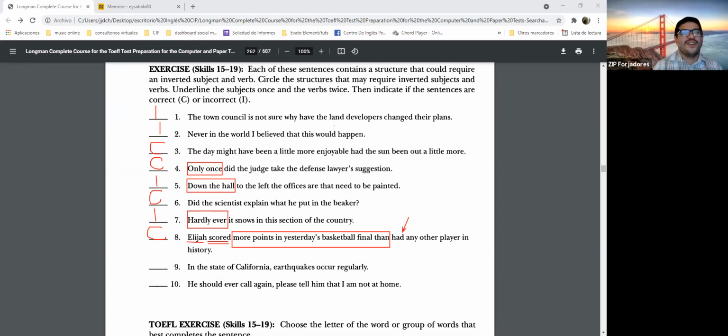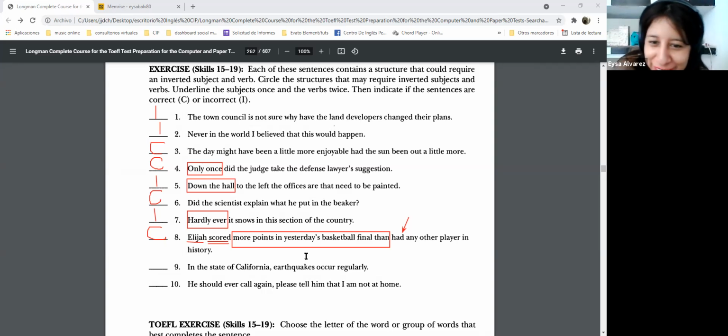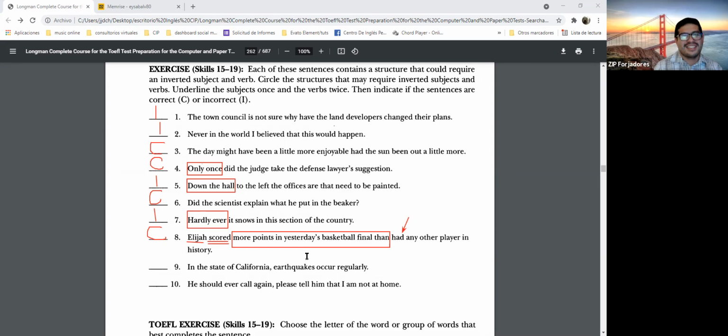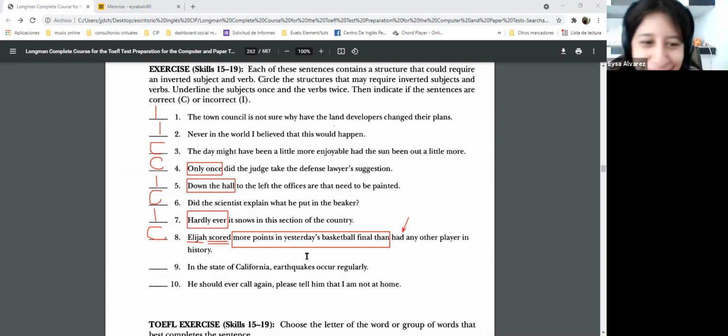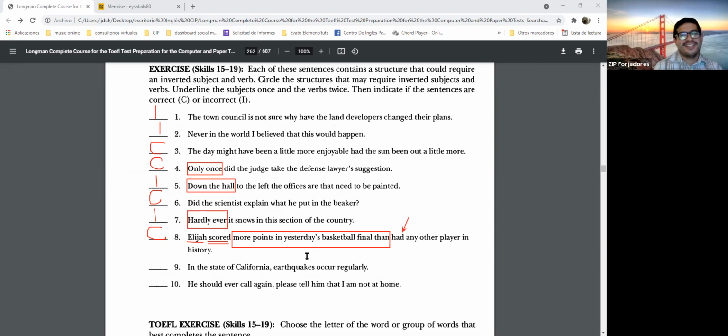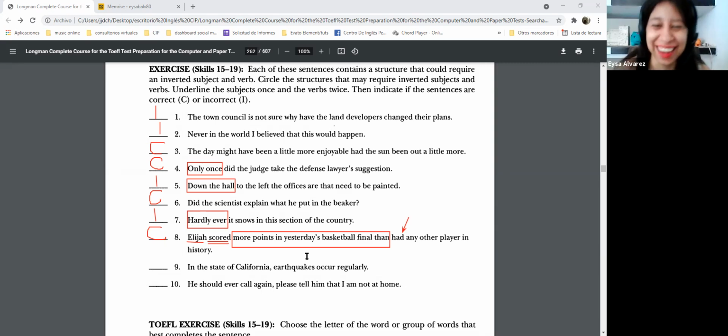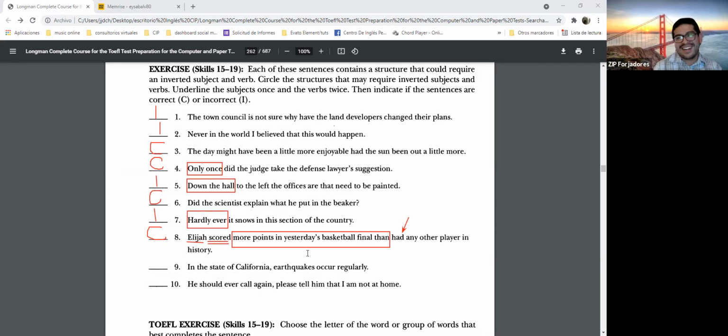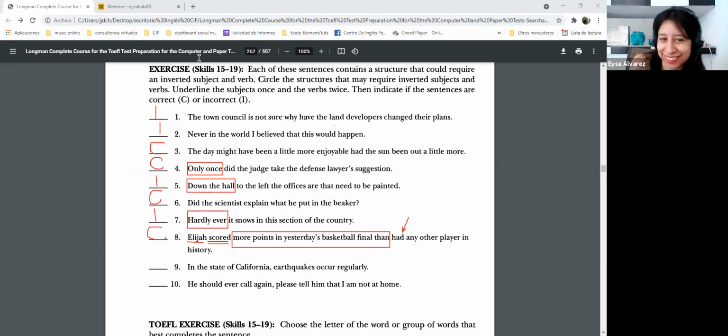All right, so this is one of the three ways that we can make the comparative. Could you tell me another way? Just another way. Okay, we only need to change the last part, right? So we can say than any other player had in history. Excellent. And the other one? Just any other player, and that's it, without the action. Yes, without the action, that's right.